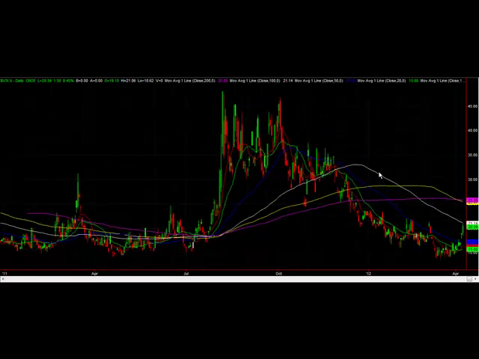Okay, here we have the daily chart for the VIX. As you can see here, we hit the 100-day moving average today. We were up 8.4%. One thing to look at on the chart is that we did not close at the highs, although the S&P did close at the lows. So that's one thing to take into consideration to see how it's gonna play out tomorrow. If we're gonna get a bounce and the VIX is gonna be right